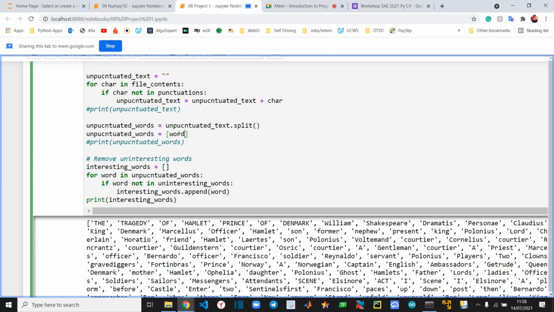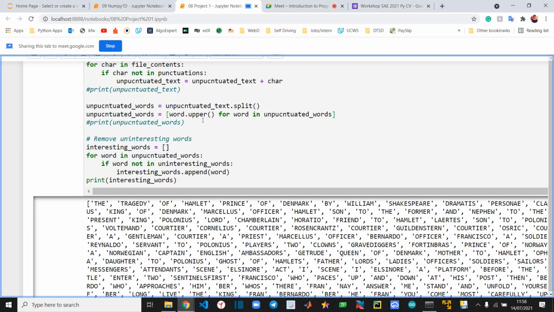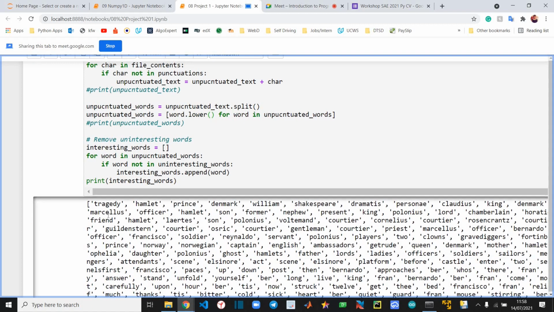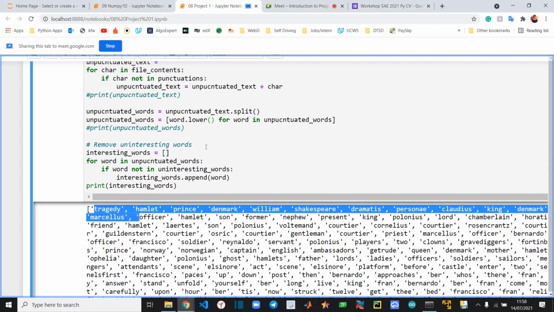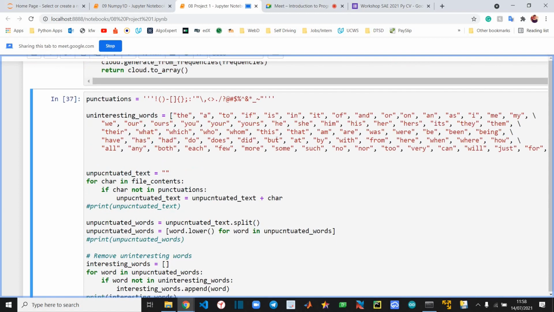We can use list comprehensions here. I can iterate over the whole list, for word in. Let's see what happens now. Nothing happened. Oh, word dot lower. Yeah, you can see now that "the" is also filtered.